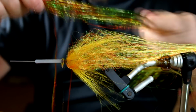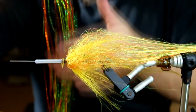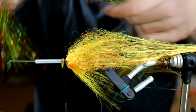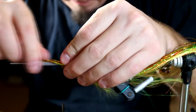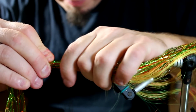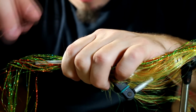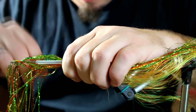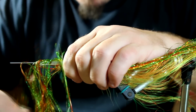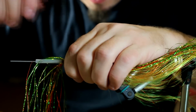So again, I try to spread this out a bit, like so, so I can get it distributed all the way around the fly. I'm gonna make this a bit longer. The first portion I'm gonna tie down is a bit longer, and of course I'm not gonna cut off the part that sticks out in front here. I'm gonna use that as kind of like a second wing,